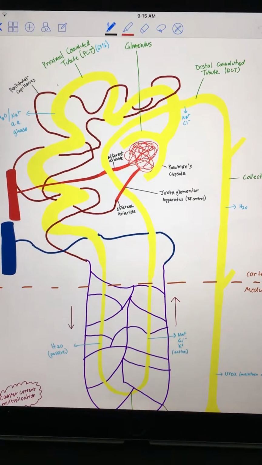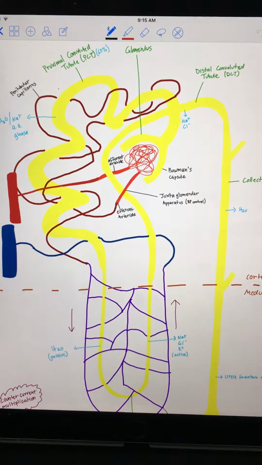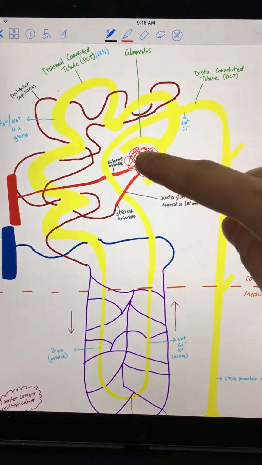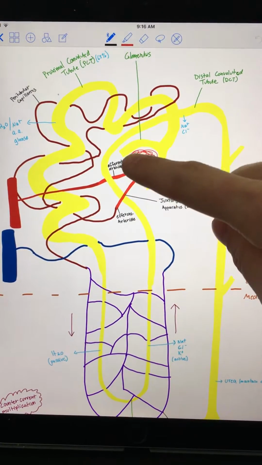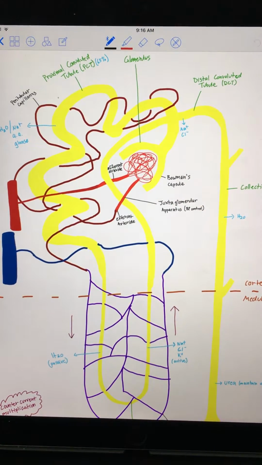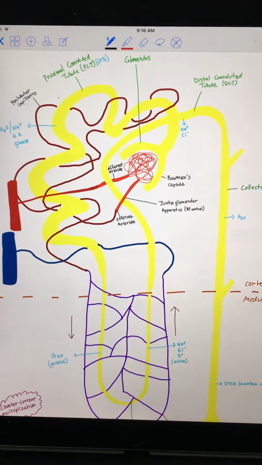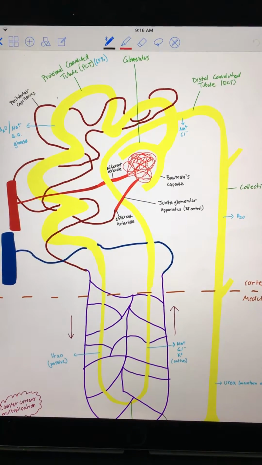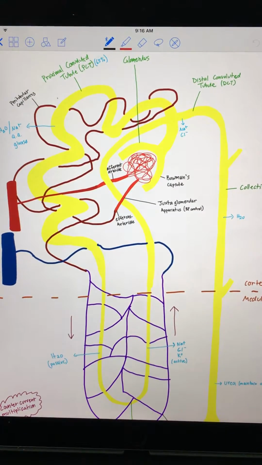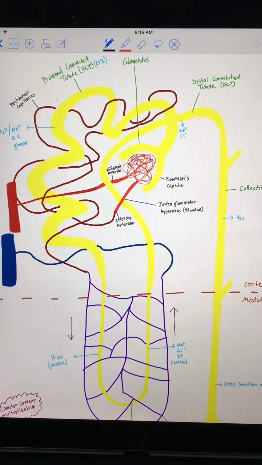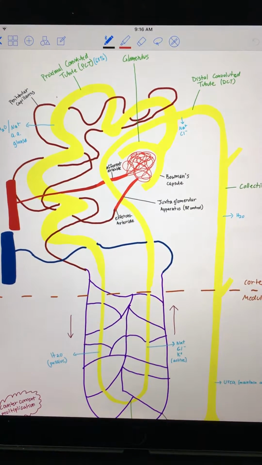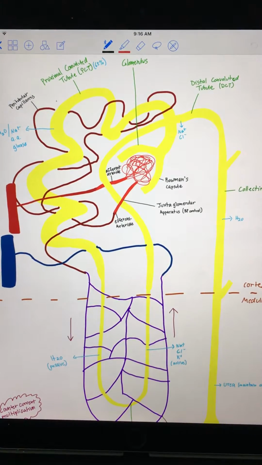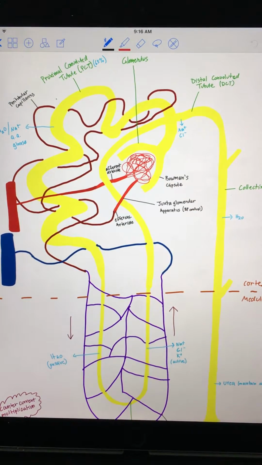So for urine formation, the first step is filtration. Blood will flow in through an artery into the glomerulus here within the Bowman's capsule. The glomerulus endothelium is very porous, so fluid, waste products, ions, glucose, and amino acids pass through, depending on how fast the blood is flowing and the pressure. The blood cells and proteins are too big to go through the pores here, so they travel through